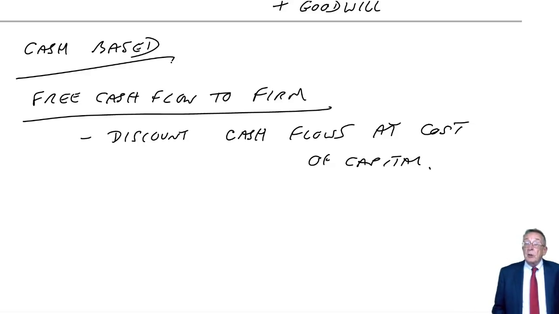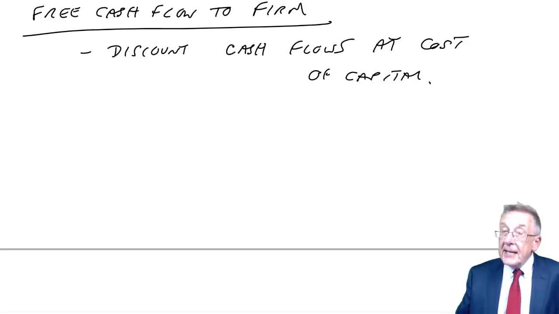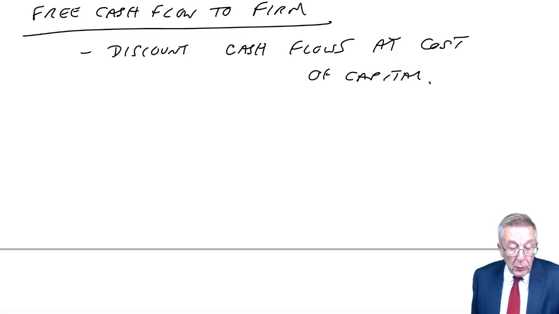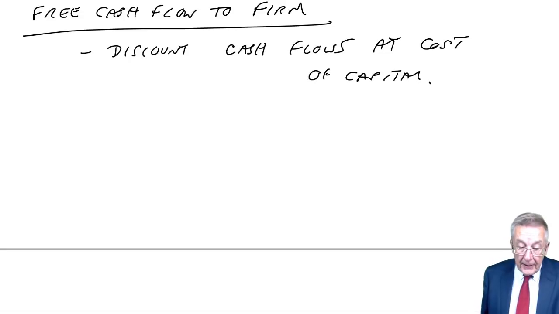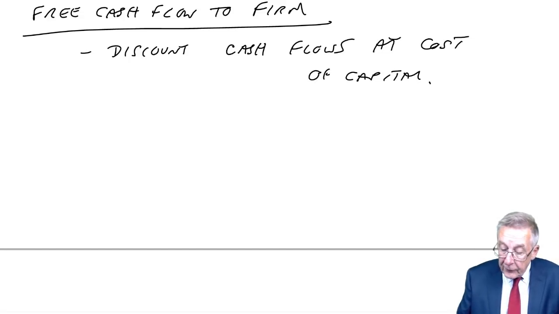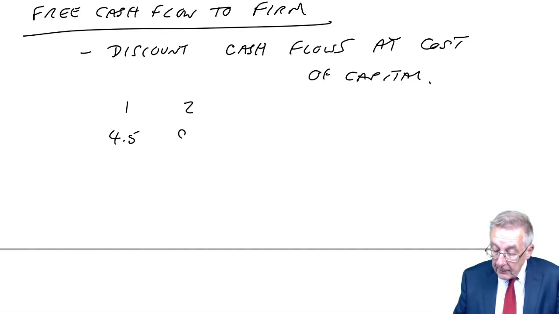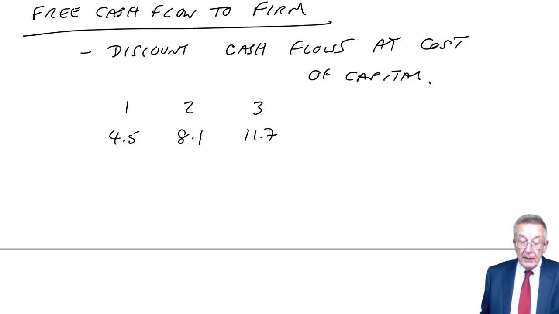Now there are two ways you could be given the information here. The first way of giving it to you is in exactly the same way as we were given information when we were doing project appraisal, where we actually calculate the forecast cash flows each year. And let me show what I mean with example 1. A company has prepared a forecast of the future cash flows. They're expected to be $4.5 million in 1 year's time, 8.1 million in 2 years' time, 11.7 million in 3 years' time,